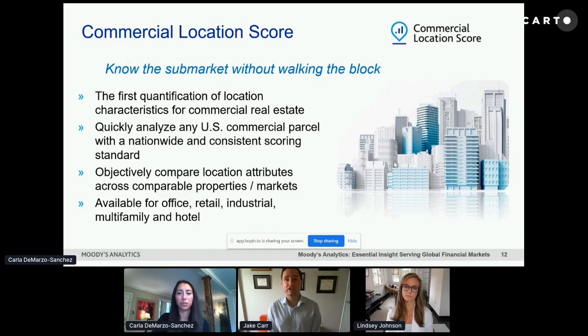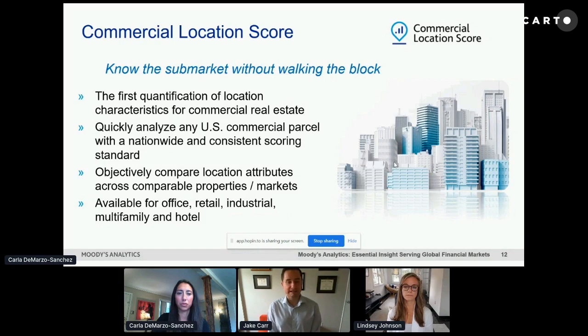Now, we can score each and every parcel in the US, and we've done that, but we've actually built out separate modeling frameworks for each of the market segments that you see here: office, retail, industrial, multifamily, and hotel. And that's just because location matters differentially to these different market segments. For example, for industrial properties, it's really important to be close to a highway of some sort. It's much less important to be near an open space or a park of some sort. So to account for those idiosyncratic factors and characteristics within the individual market segments, we constructed specific modeling frameworks.